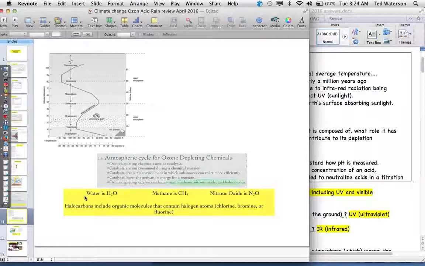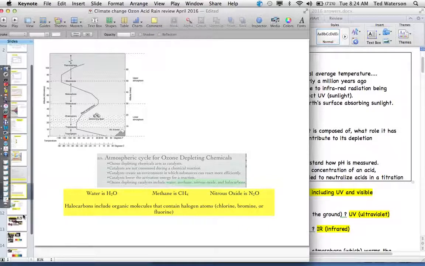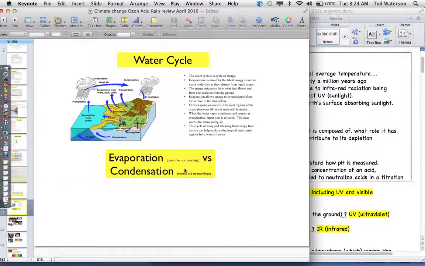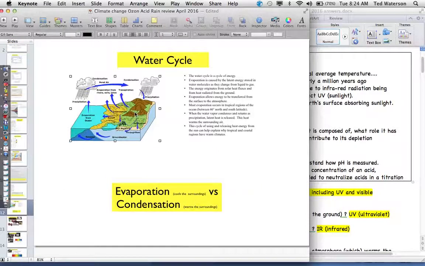But once again, what catalyzes the depletion of the ozone is water, methane, or nitrogen oxides. And then some of these are called halocarbons, but we've done a pretty good job at removing those from aerosol cans and refrigerants. So they aren't as significant as ozone depleting chemicals as they were 15 or 20 years ago. But yeah, so the ozone layer,